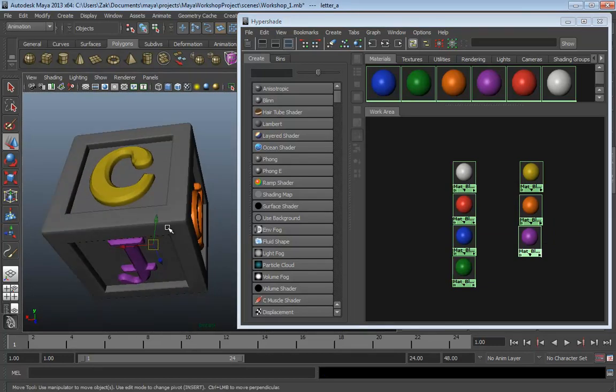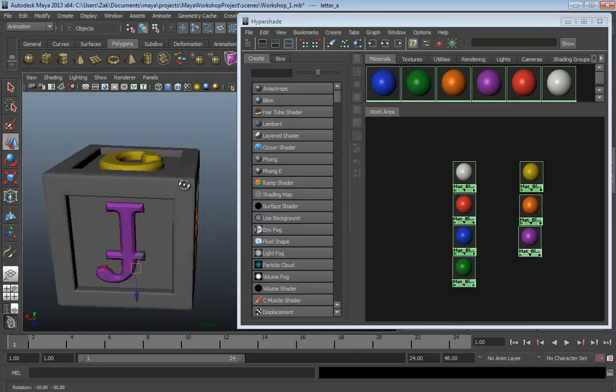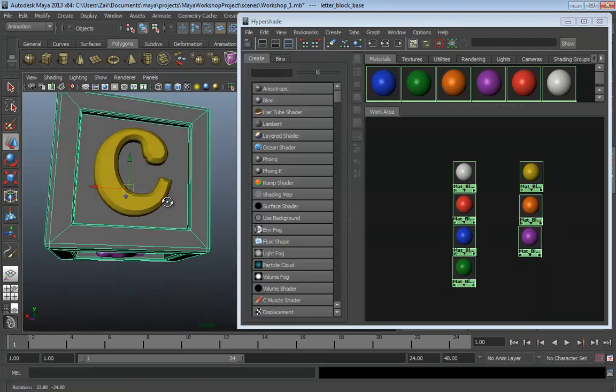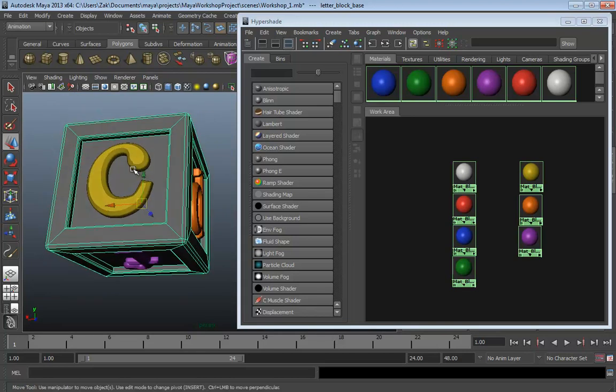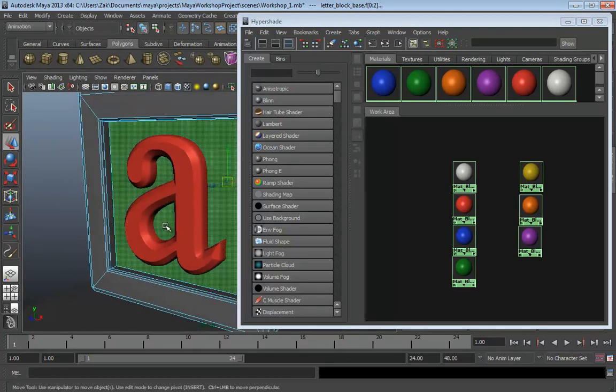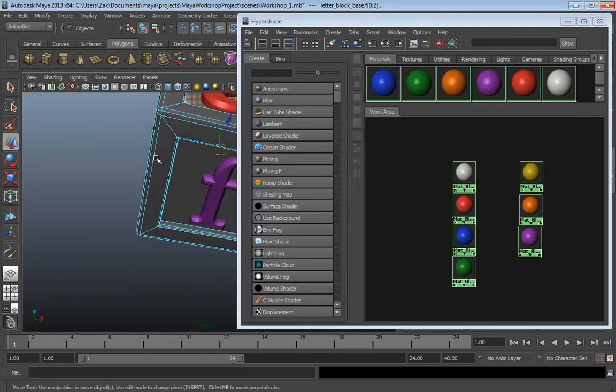And now is when stuff starts to get fancy, because now we need to assign a whole bunch of different colors to our block. And here's how we're going to do that. First off, I want you to right-click on this block, hold down the right mouse button, and choose Faces. One of the great things about Maya is that you can select faces and assign materials directly to those specific